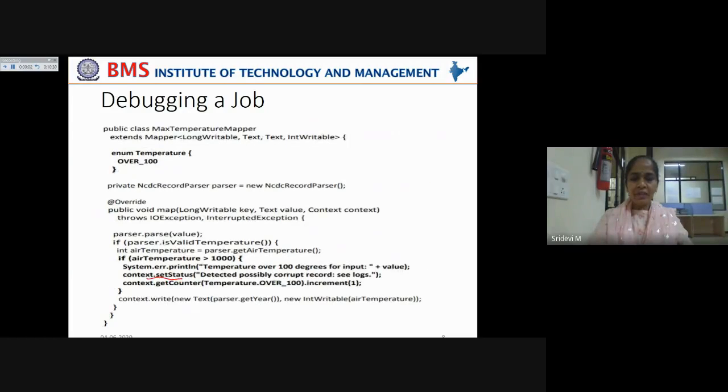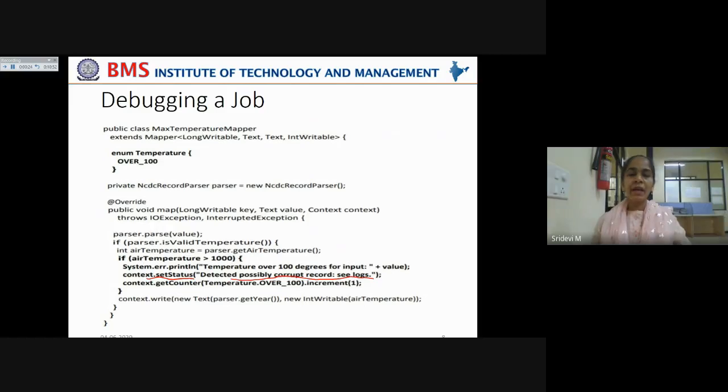The next line has context.setStatus. This will help us write a meaningful message to the context object, which will help the client understand what exactly the status is. So you're writing context.setStatus "Detected possibly corrupt record, see the logs."